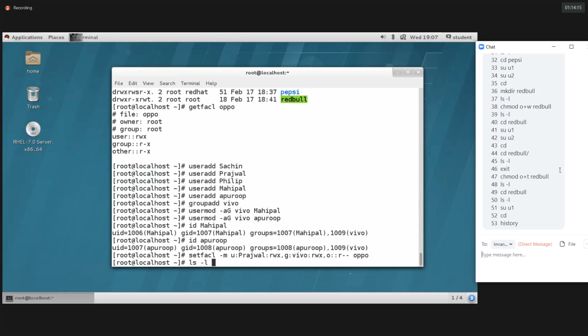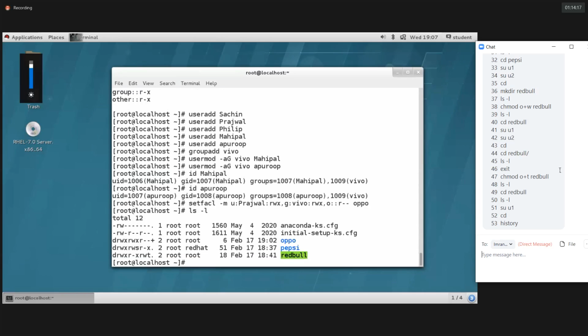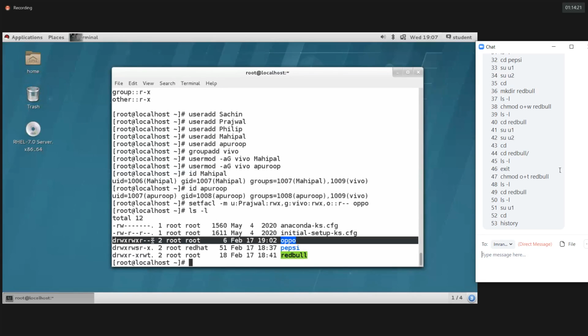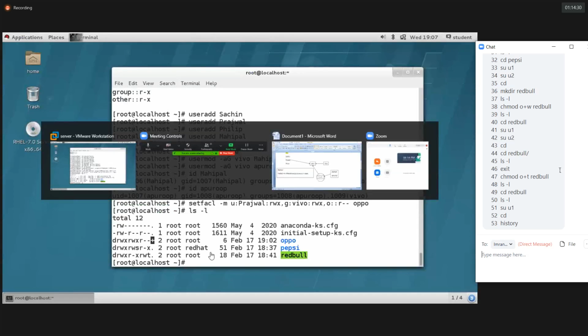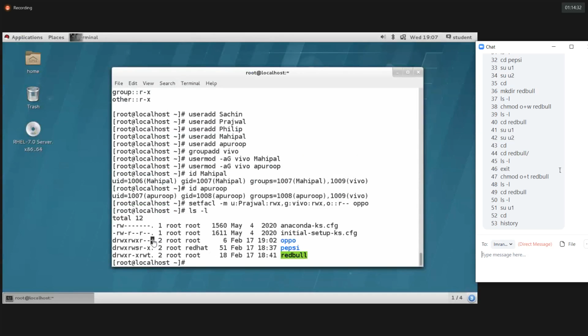So now let's check the list, guys. See here. Oppo is a directory. If you observe, Oppo has a plus instead of the dot. The Oppo directory has a small plus symbol. That means this directory has ACLs.